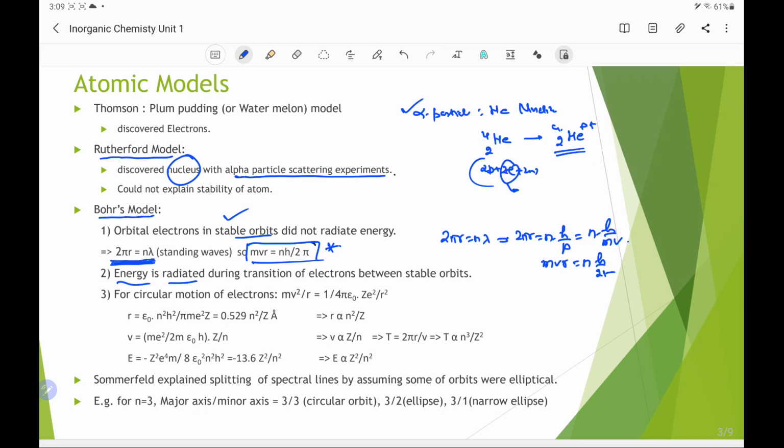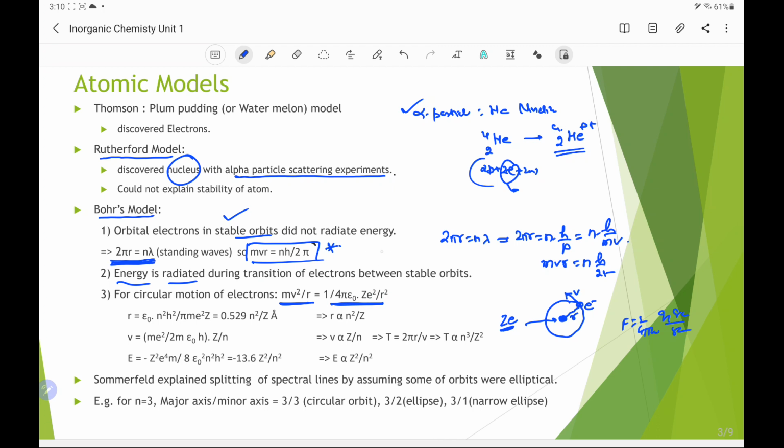For circular motion, there will be a centripetal force mv square by r, and this centripetal force is provided by the electrical force. The electrical force is given by 1 by 4 pi epsilon naught, q1 into q2 by r square. Here one of the charges is the electron and the other charge is the charge on the nucleus, which will be equal to Ze, where Z is the number of protons, because the atomic number is the number of protons, and one proton has a charge equal in magnitude to that of the electron. So we can say the total positive charge is Ze. Therefore, the Coulomb force will be 1 by 4 pi epsilon naught, Ze into e, that is Ze square divided by r square.